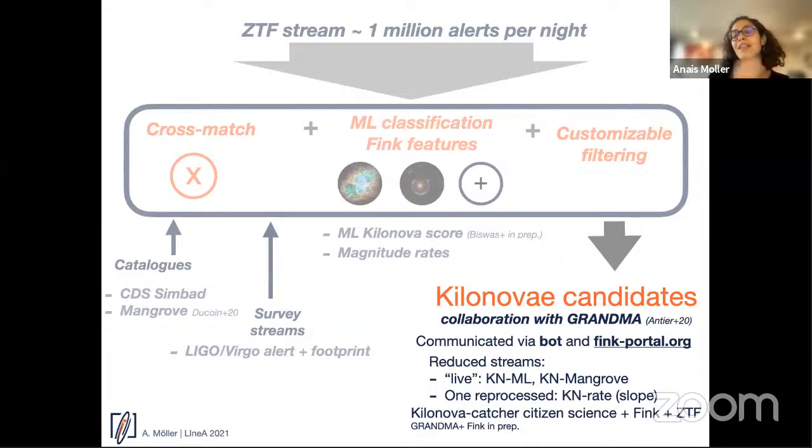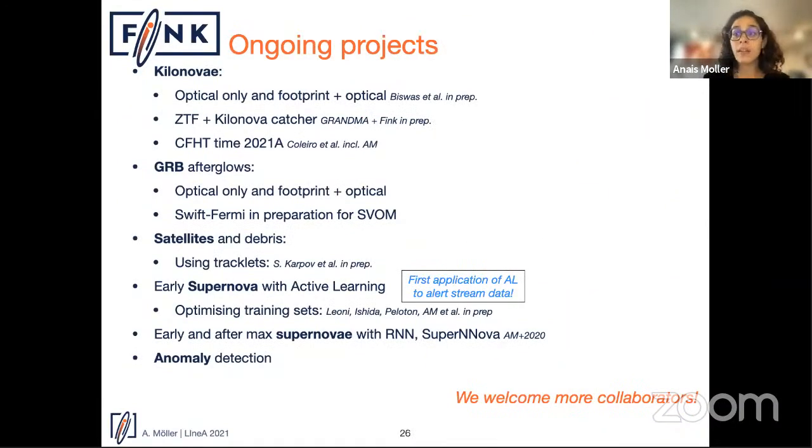Now, of course, Fink is much more than this. We are not only working with kilonova, we're also working with other science cases. So other ongoing projects that we're doing are here. Of course, this is not a complete list. As you may have seen, we had the microlensing filter from the start in Fink. This is something that's still available. I think microlensing is very interesting because you need a very long baseline to actually detect them. So it's very different from fast transients like GRB afterglows or kilonova that require just a very small amount of time.